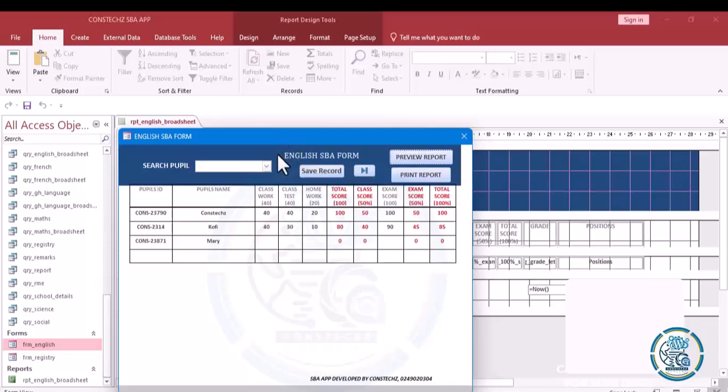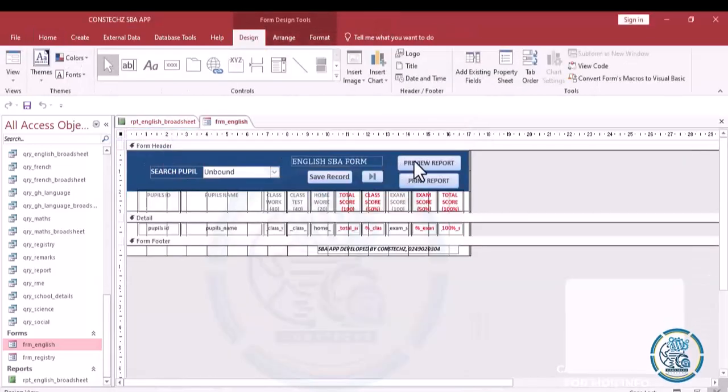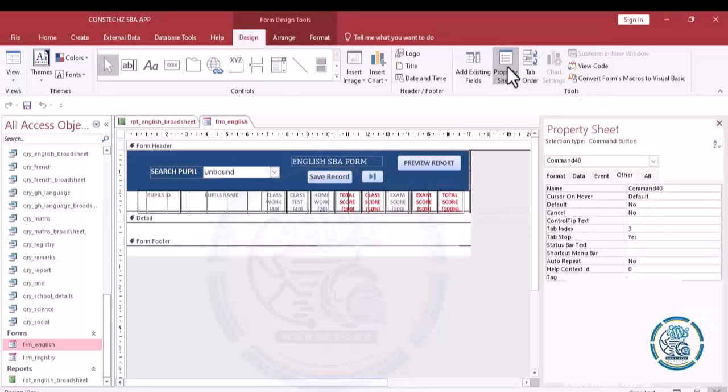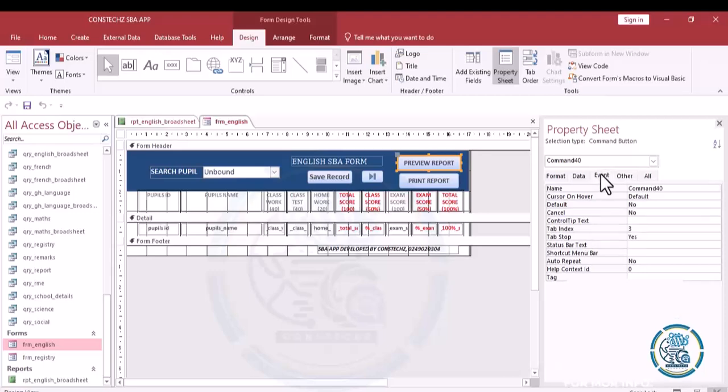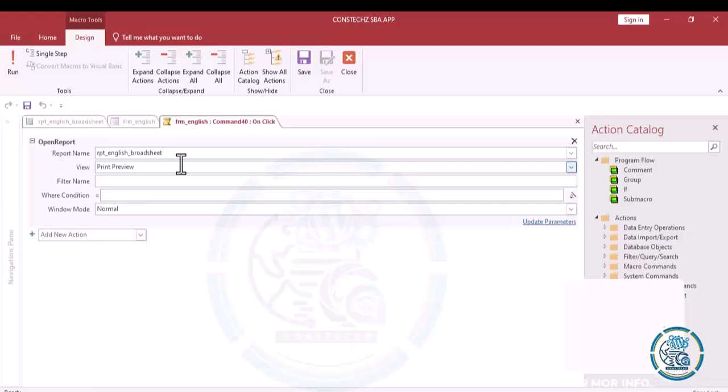So let's right click here, go to design view, and let's work on it. Let's go to property sheet and let's go to event and let's click here. Actually click here. Yeah, let's make it to